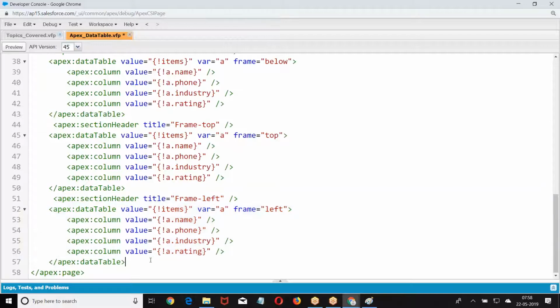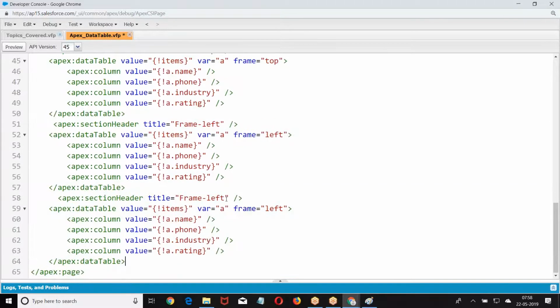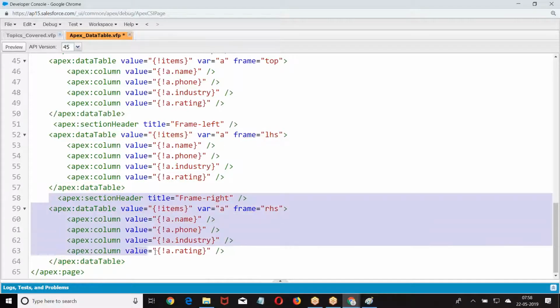Just quickly finish off this all properties here. RHS. Then we have